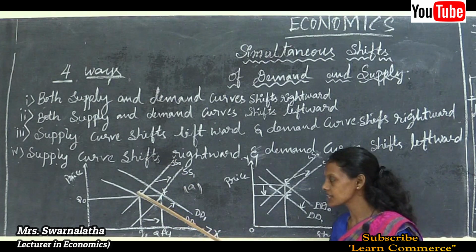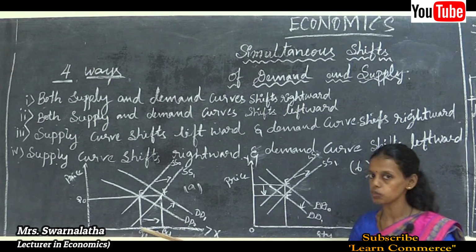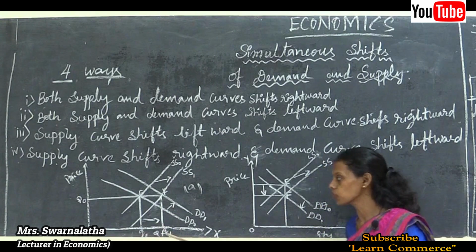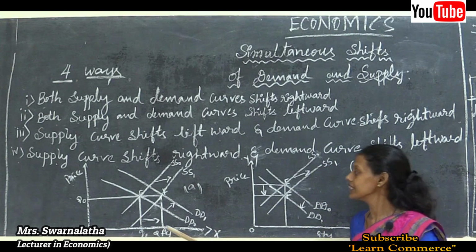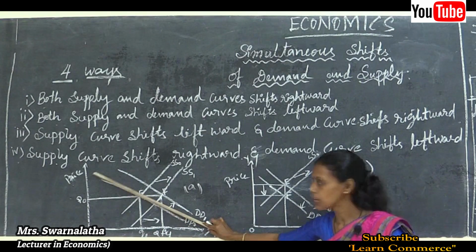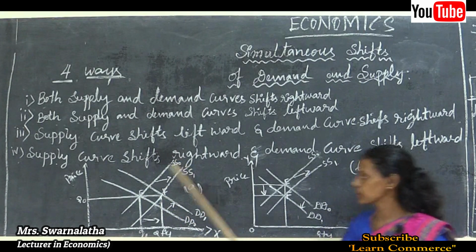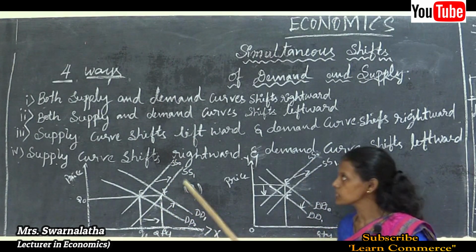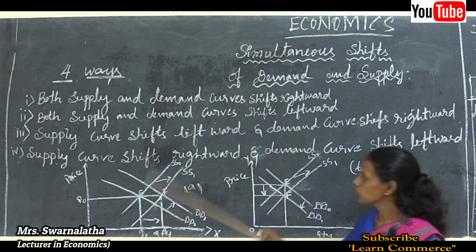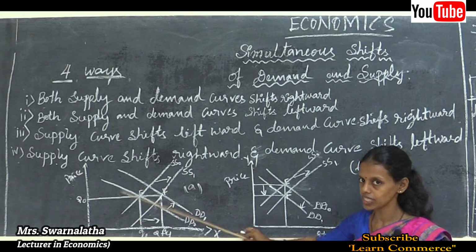So, suppose there is a change in the quantity produced. In the initial stage OQ0 is the output produced. So, output level changed from OQ0 to OQ1. So, it leads to a shift in the demand curve from left to the right. Even the supply curve shifts from left to the right, that is both supply and demand curves shift rightward, and both supply and demand curves can also shift leftward. Both the conditions you can see here.